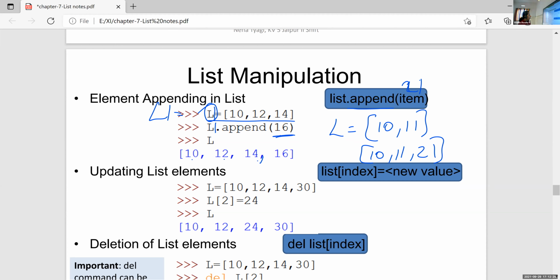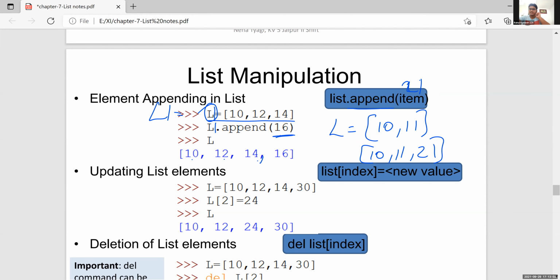Okay, so this append function is a function that is used to add a single value at the end of a list. The statement for appending starts with the list name, that is the old list name. Here the old list name is L1. So start with L1 dot append, write the value here. Okay. If the name of the list is list1, then start with list1 dot append. Okay. Is it clear, Rahul?